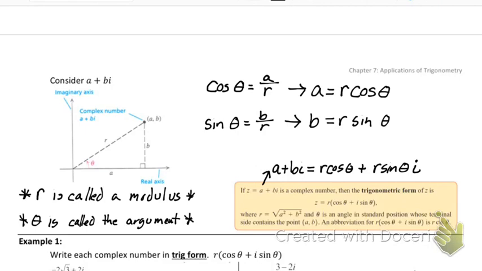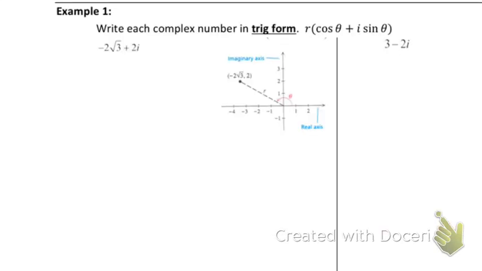But this isn't new. You should know how to do this. So let's apply what we just did. This one says write each complex number in trig form. Trig form is this form, where our a and b are replaced with our r times cosine theta and our r times sine theta. So that means I need to find my r and I need to find my theta. I'm going to go ahead and find the theta first because we've been finding thetas forever. So if I want to find my theta,